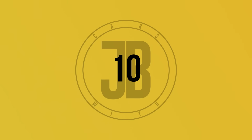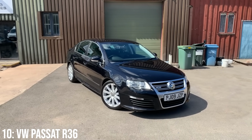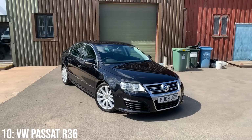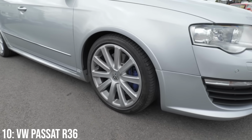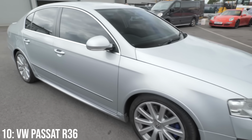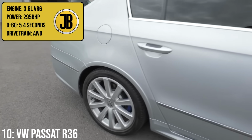The R division of VW has been responsible for some of the coolest, best looking and fastest production VWs to have hit the roads, including our first car on this list, the Passat R36. Just as you had the Golf R32, the R36 Passat took that same formula but applied it to the saloon and estate Passats with an ever so slightly larger engine, a 3.6 litre VR6 which puts out 295 brake horsepower,